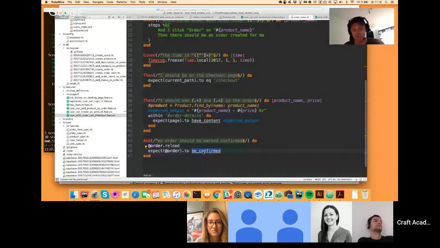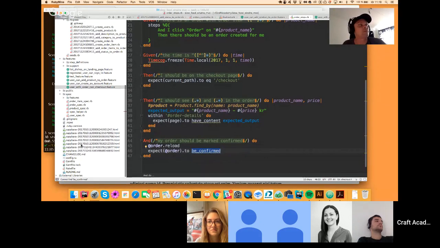So this RSpec is reacting to my code, the way I've written code, basically. So that's about the feature files. Let's have a quick look at the spec